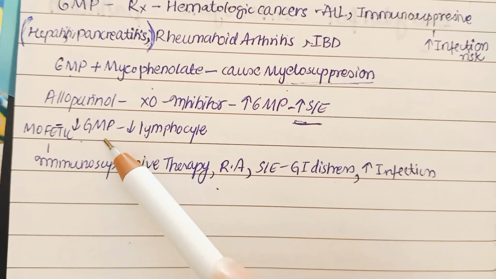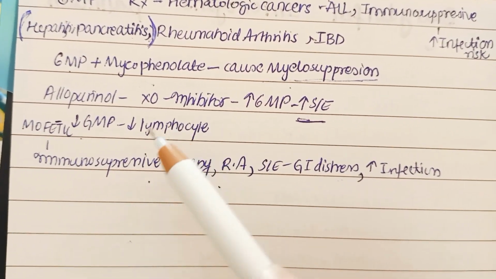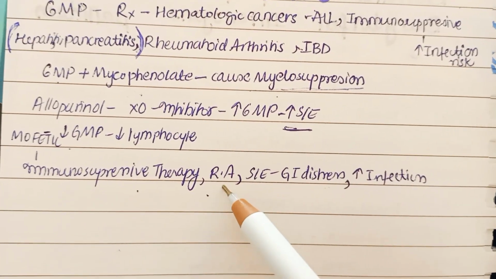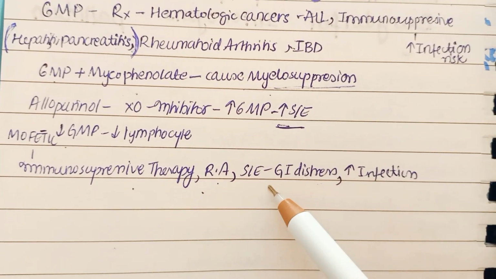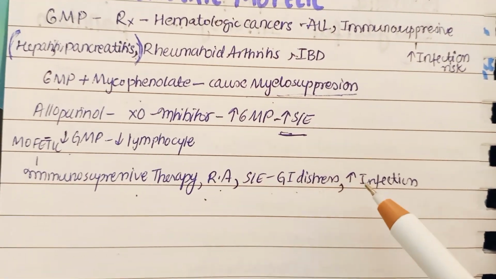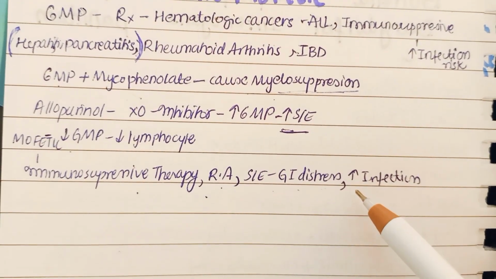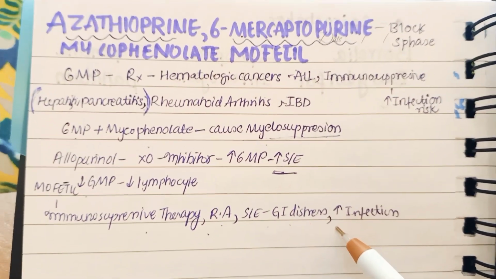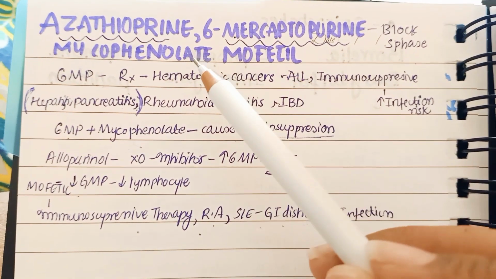So this will decrease the GMP, this will decrease the lymphocytes, used in immunosuppressive therapy, also used in rheumatoid arthritis. Side effects are GI distress like nausea, vomiting, diarrhea. Of course, this will also lead to a rise in infection risk because it is an immunosuppressant. Okay. So finally coming to another drug, that is